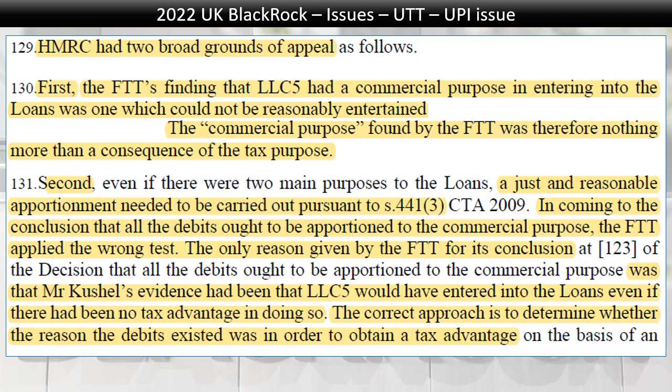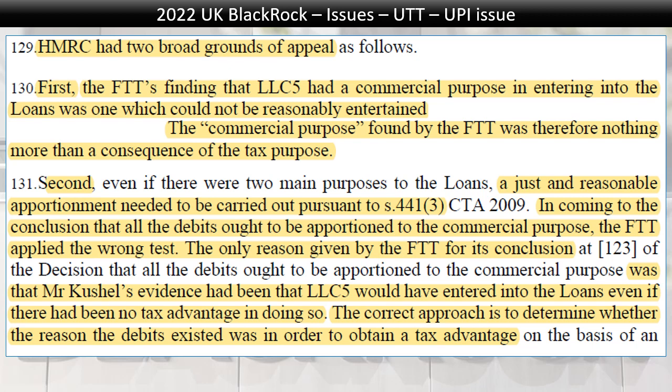And what HMRC was arguing was saying, listen, if there was no tax advantage, then you never would have involved the UK in a US to US transaction. The only reason why you did it was to get the UK tax advantage, and because there was a UK tax advantage, you put all this money into this company to buy this other company, which all of a sudden gave you a commercial purpose. But it is really the tax advantage that came first, and not the commercial purpose, because you could have done that in many other ways.